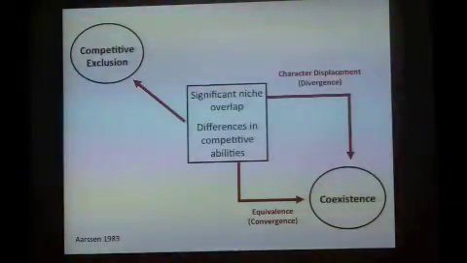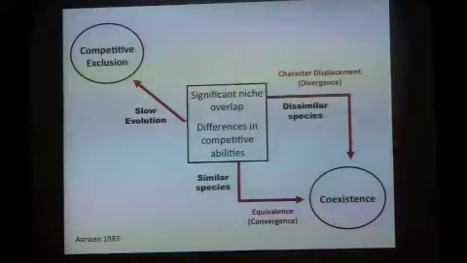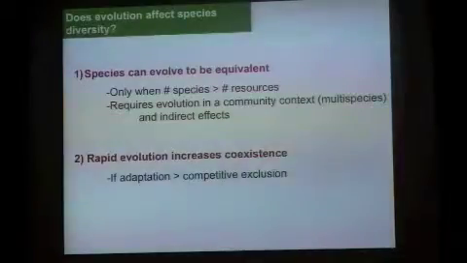And so in this case, I think what happens is that if evolution is really slow and species are really similar to one another, that's when you get competitive exclusion. But potentially, if evolution is fast enough, you can get coexistence, and the pathway you take to coexistence depends on whether those species start really dissimilar from one another. If they're already different from one another, it makes sense to continue diverging. If they're already pretty similar to one another, it's a short evolutionary pathway to become equivalent species to one another. So often that can be a path to coexistence.